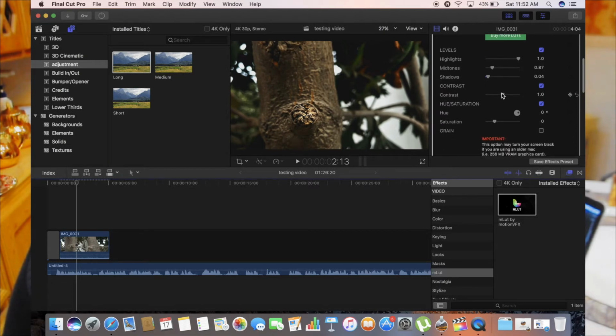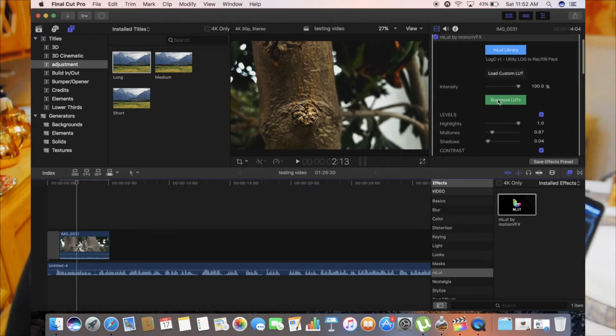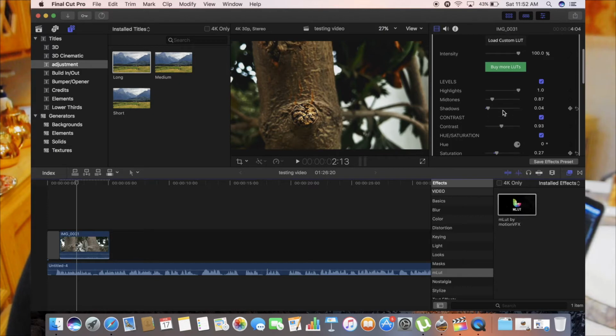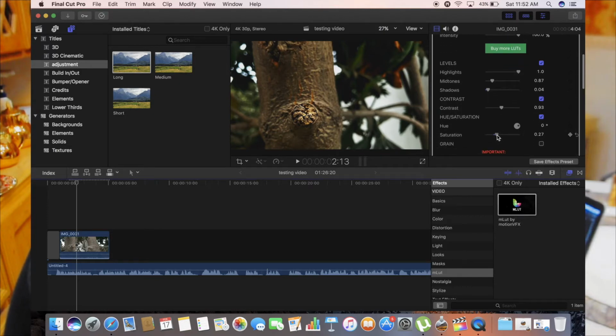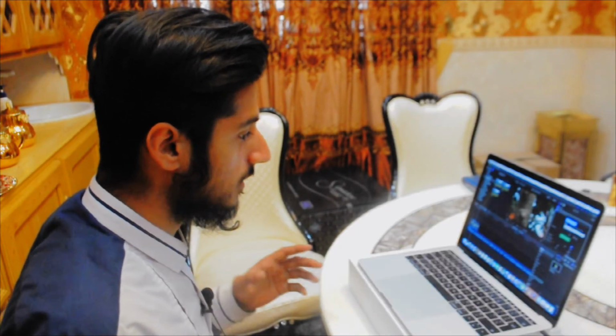And then you can play with some contrast. Yeah, right about here, and you can add the saturation a little bit. So I think this looks a bit more saturated. You can decrease this a little bit, and now when you go back and see what you did, you're gonna be surprised. You're just gonna be completely surprised by this,